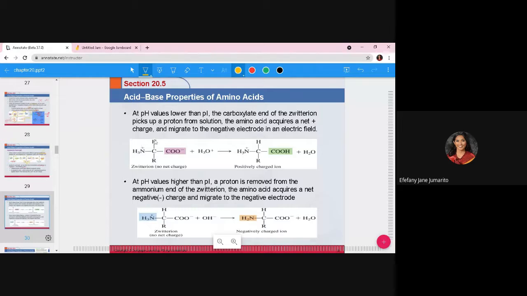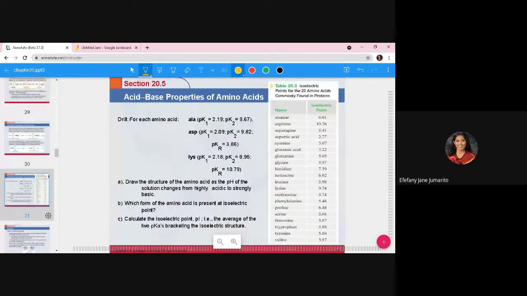We know that this one is zwitterion, no net charge. Then this one is under what solution? Under basic or acidic solution? Acidic. It's under acidic solution. Now, what about here? Basic solution. Under basic solution. Right. Now, for the drill, for each amino acid,